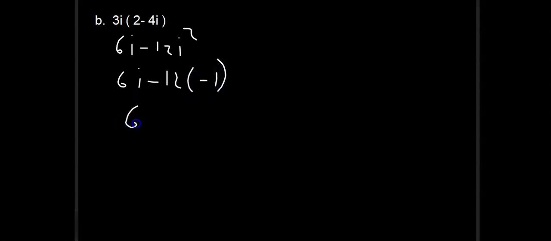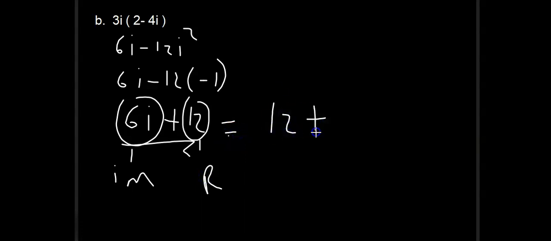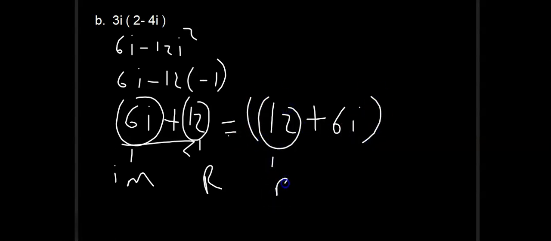So 6i, and since we got two negatives, it will be positive. So my last answer will be 6i plus 12. And then this one will be my imaginary part, and this one will be my real part. Actually, we better write this one as 12 plus 6i. So this is just the standard form, and this one will be my real part, and this one will be